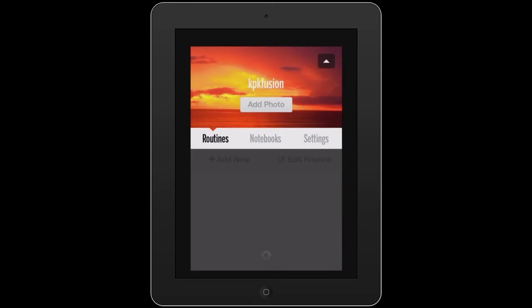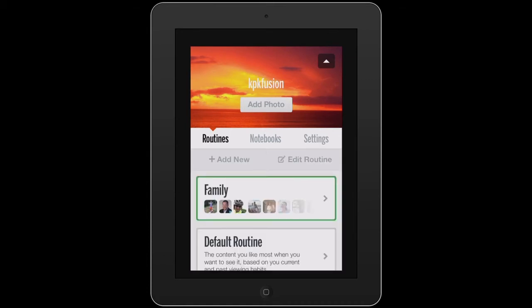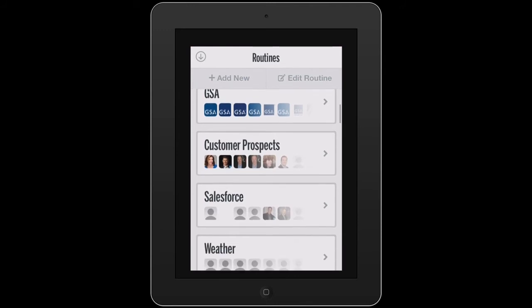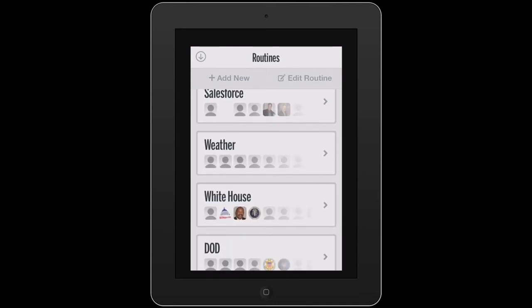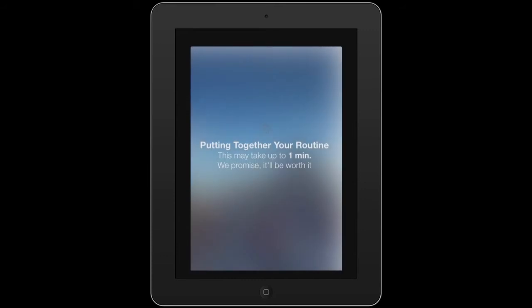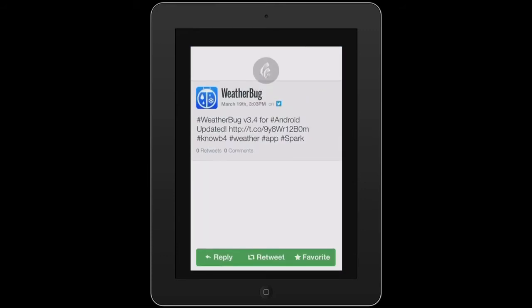Next, I'll show you an area of personal interest, which I like to stay very current in: the weather. Many of us do, especially after this winter. And here I've got a routine set up for the weather. In this routine, I have about 25 weather media properties, all of whom have very active feeds across the various